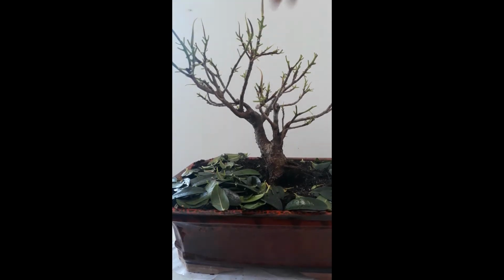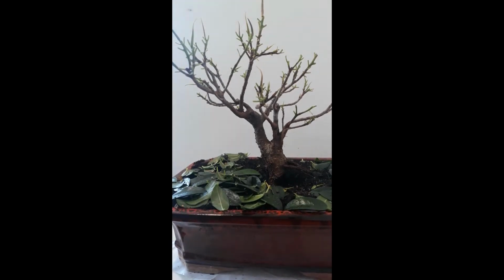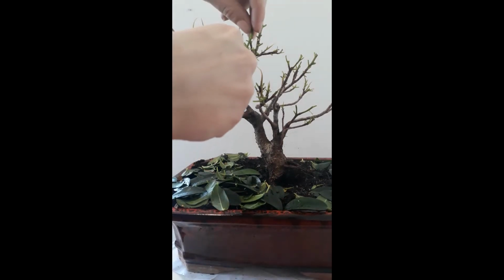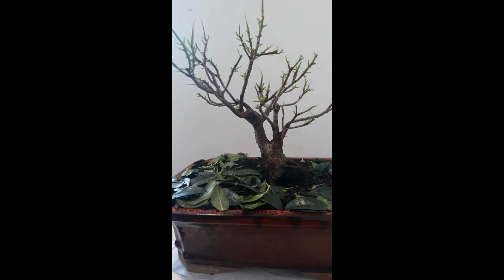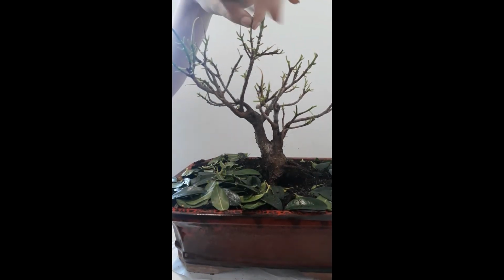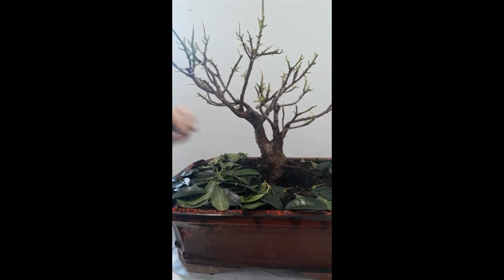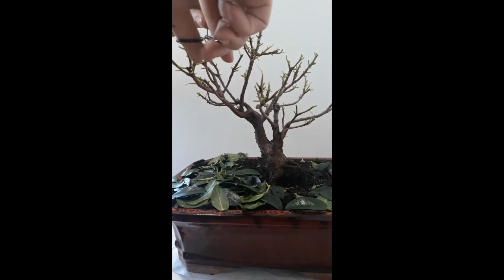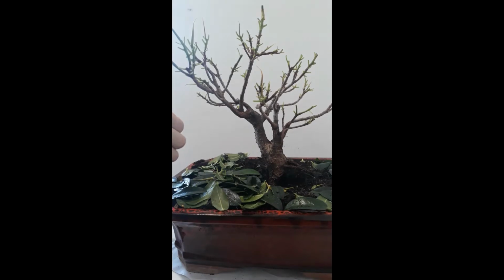So this one I probably want to cut down, so you can see kind of in. That one I might even take off in time, but for the moment I'll just cut it back here. I don't know, maybe I'm not being as vigorous as I should be with it. And sometimes you have to make sure you cut right down in there just to ensure that it doesn't keep growing. Because if you just cut it in half like this, then that's a way to slow it down as well. But then you're going to get, this is the sheath, leaf sheath,